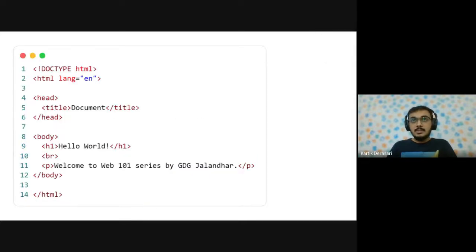Going on to the next slide. Is the presentation visible to you? Yes, sir. Okay, thanks. After yesterday's session, who all actually tried to create such an HTML document, or have you ever created such a kind of HTML document earlier?